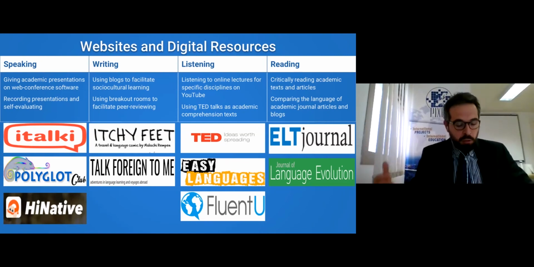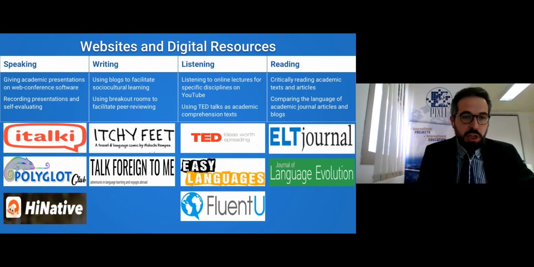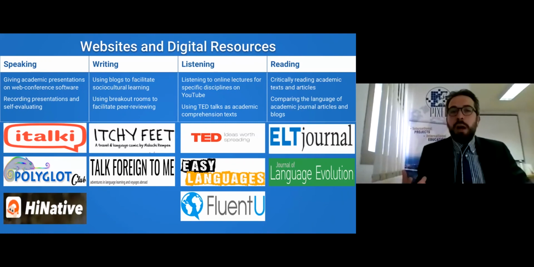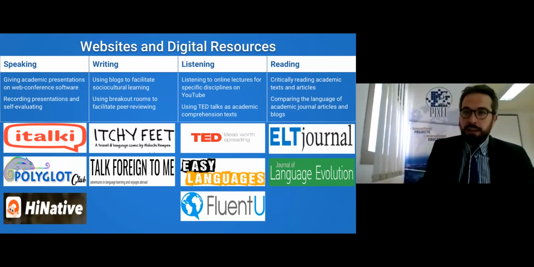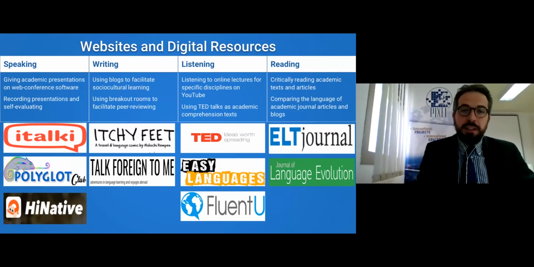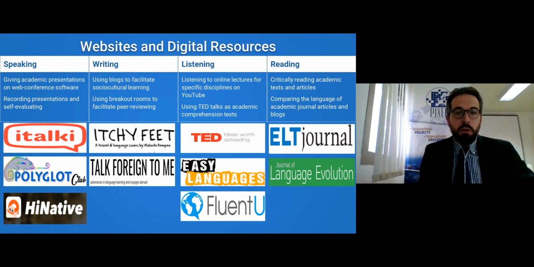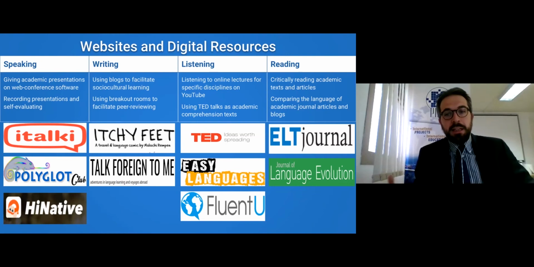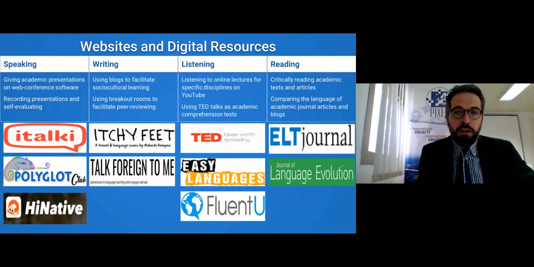And those are some examples of technology and of websites and digital resources to be used in language teaching and learning, like Italki, Polyglot Club, and iNative. In terms of writing, it is possible to use blogs to facilitate socio-cultural learning, or to use breakout rooms to facilitate peer reviewing. And here again, some examples of websites and digital resources like Ichifit, Talk for Into Me,